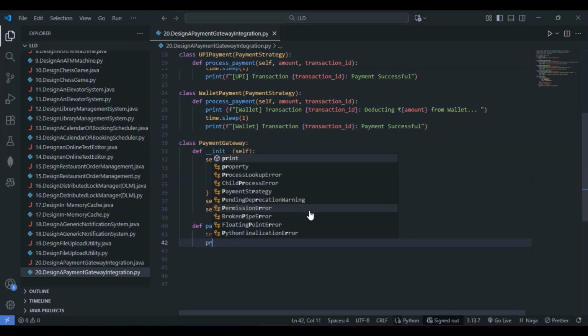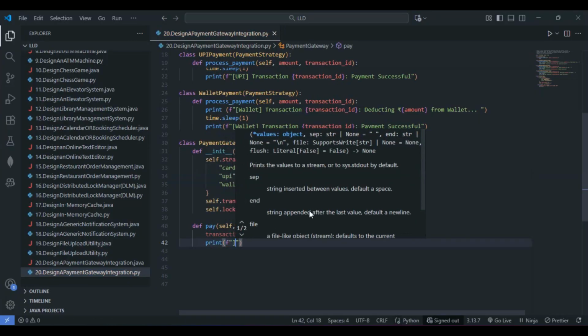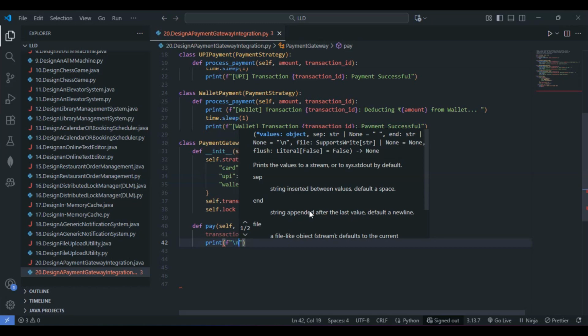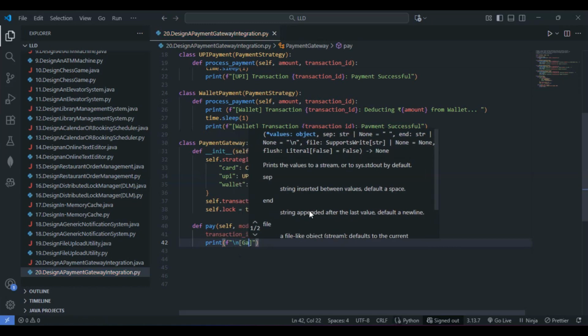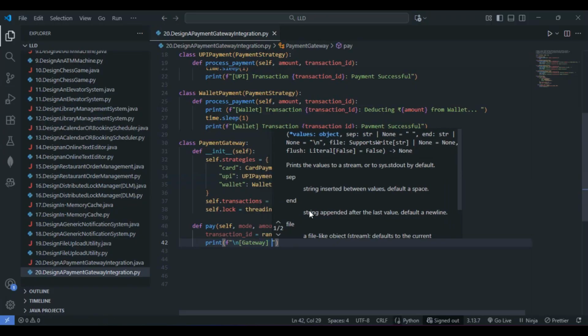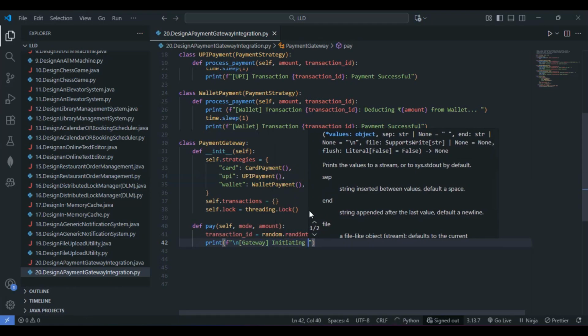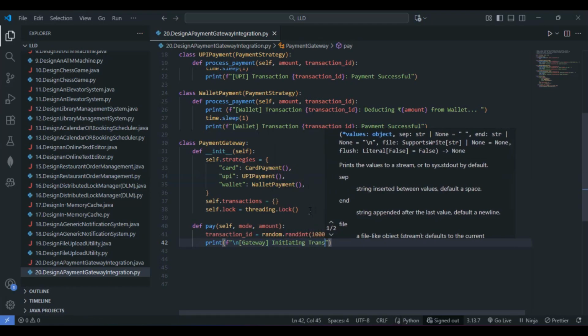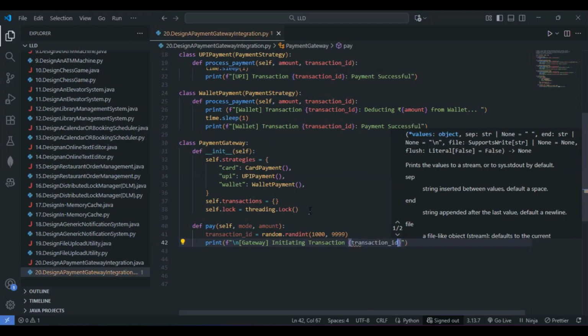9,999. So this is fine. Let's go with a print just for the interactiveness. So I'll just go with here slash n. So this is fine. Let me give here gateway initiating. So what shall I give here? Initiating transaction. Yeah, this will be good actually. This is relevant. Transaction. So this is fine. Let me pass the transaction ID. Via